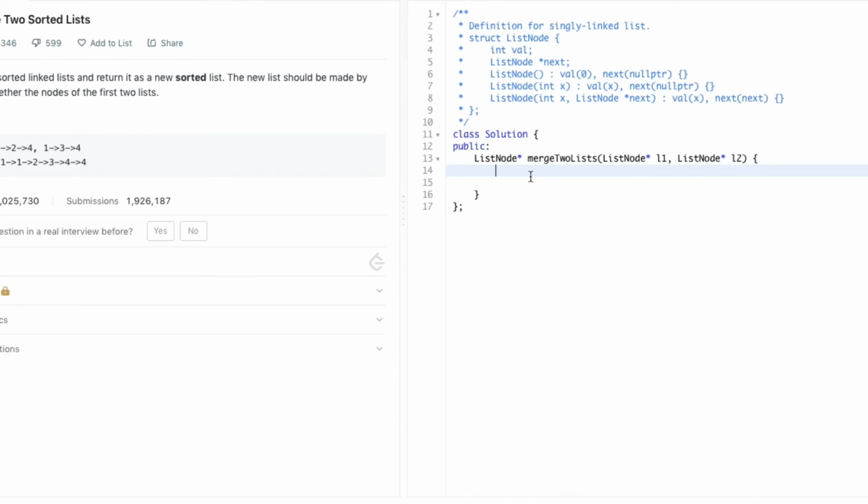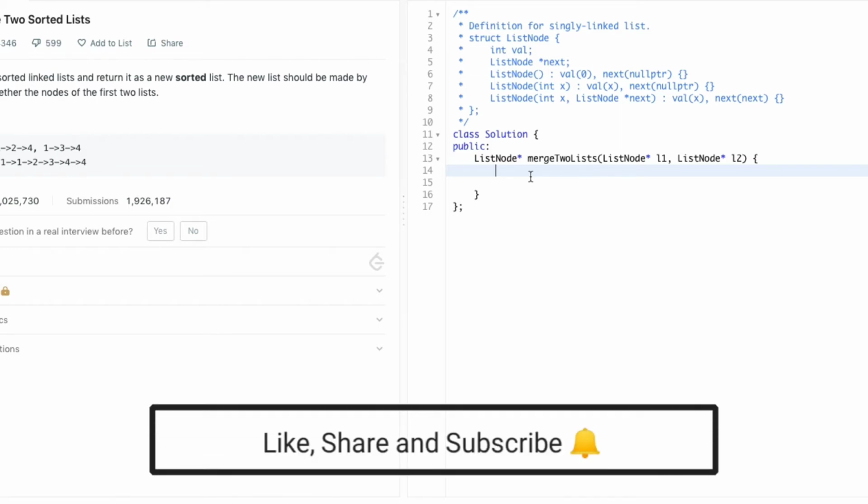So now we can begin with the code. Initially, we need to declare two pointer variables, namely temp and head, as we have seen in the explanation part. We need to also declare a variable named flag to check whether a head node is declared or not.